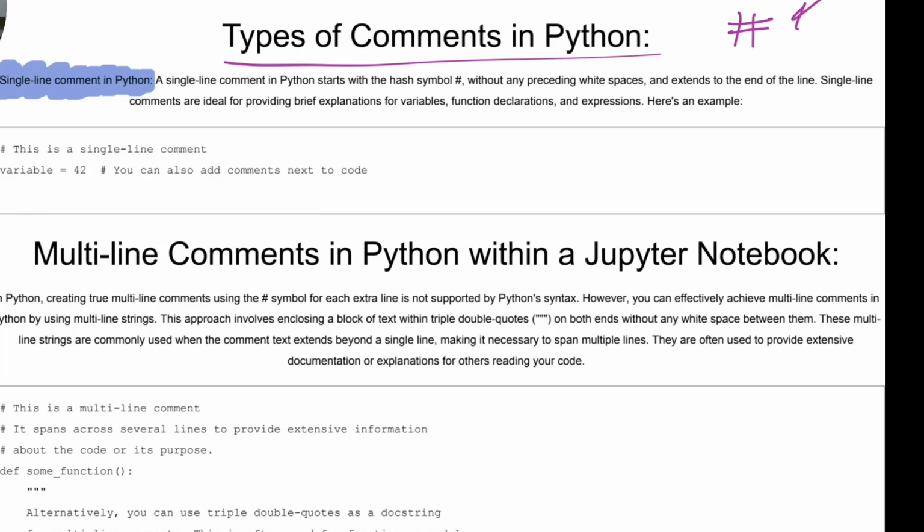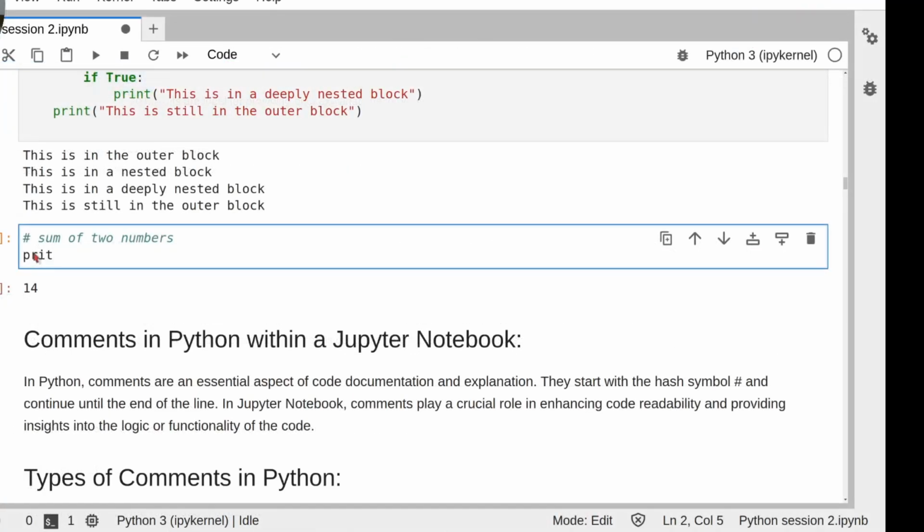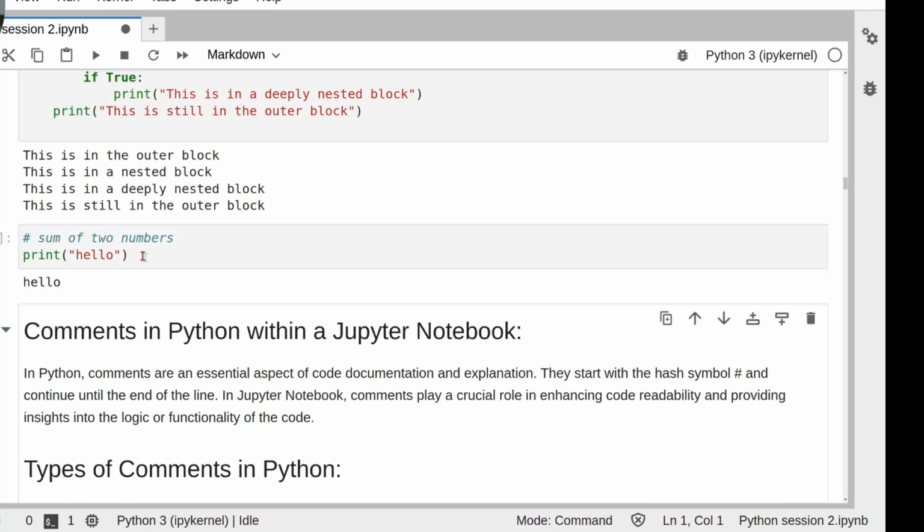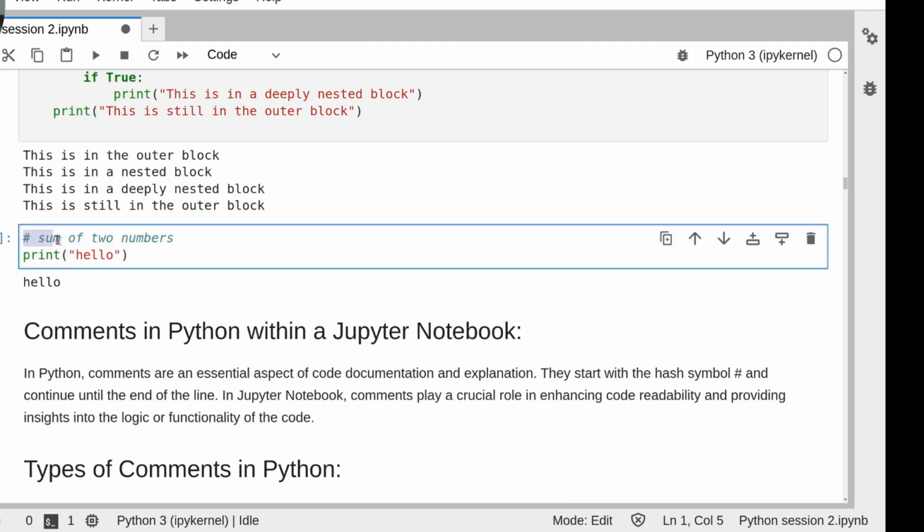If I wanted to print something, I'm just showing it here. The first line was a commented line, so the interpreter won't read this line. On the second line, if I want to print, for example, hello, there is no pound symbol in front of it. So this will be a normal statement which will be executed by the interpreter, while the comment line won't be executed. The comment is just used to explain the code. If I run it now, it will print hello. This hash is just used for a single line, and that's why it's called a single line comment.